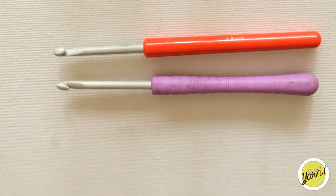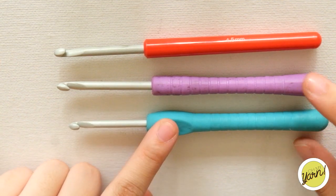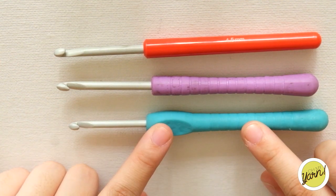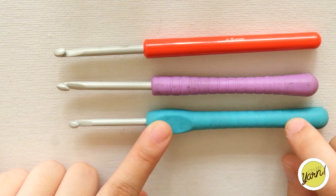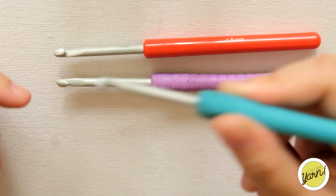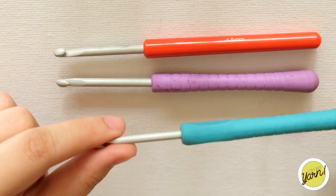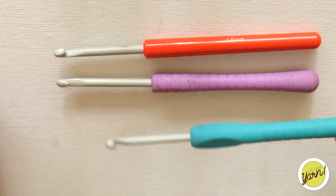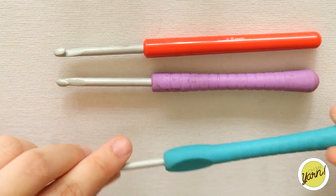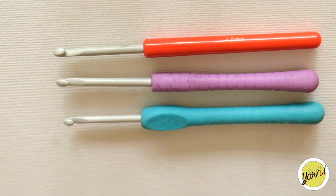And then Pony just recently came out with a new type of easy grip. So this is the same as this one, but it's great for those who hold their hooks in a pen grip because there's a flat for you to place your finger on while you're crocheting. So it's flat on both sides. See, flat here, flat there. So this is a different type of handle as well. And then we have